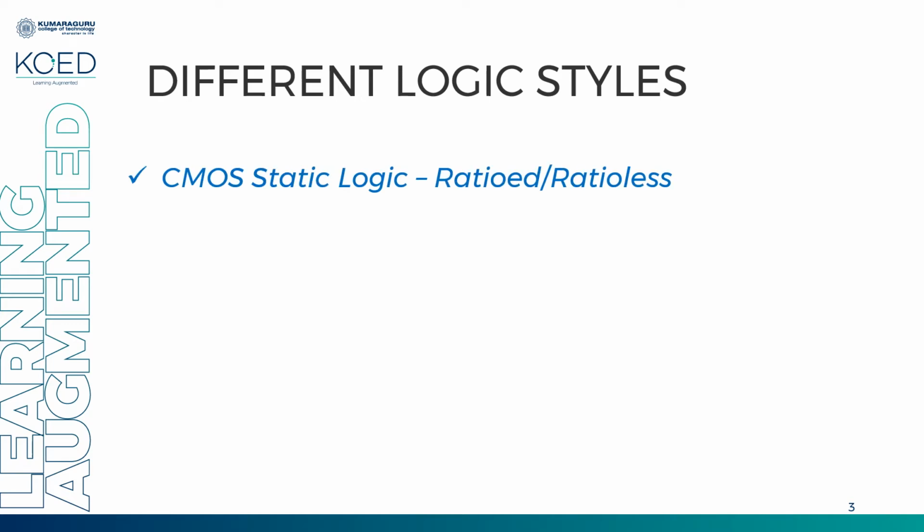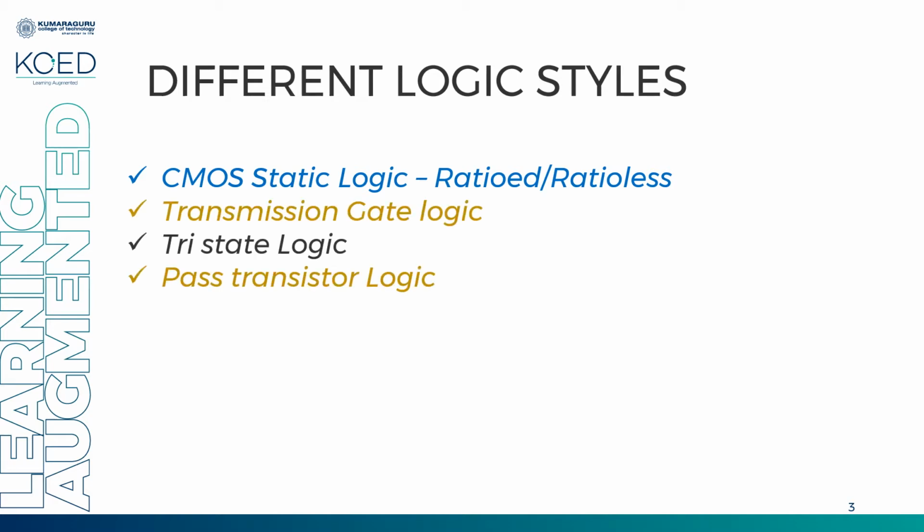So these are the different logic styles that are available, and there are many logic styles available. So in this unit, as per your syllabus, we'll be seeing some of those. We'll be analyzing what is CMOS static logic. This CMOS static you have already seen in switch level modeling. When you design the basic gates for switch level modeling, you use CMOS static logic, that is ratioless. You have ratioed as pseudo NMOS. So static circuits are designed using CMOS static logic, and the following three are switch logic, that is transmission gate,